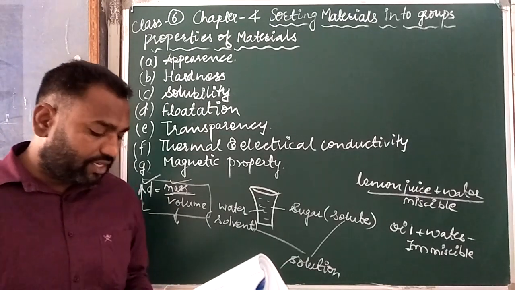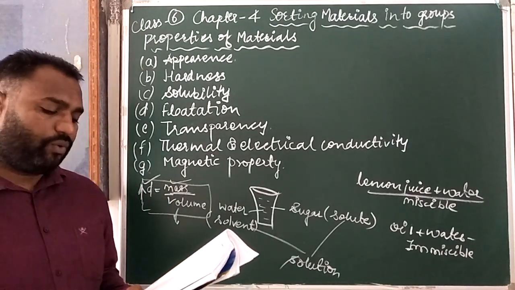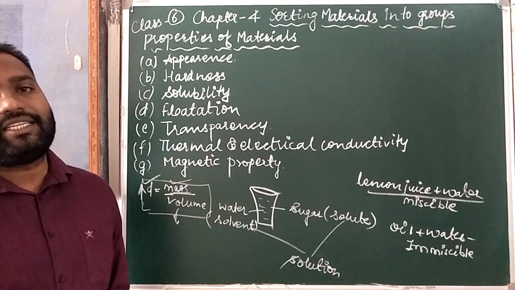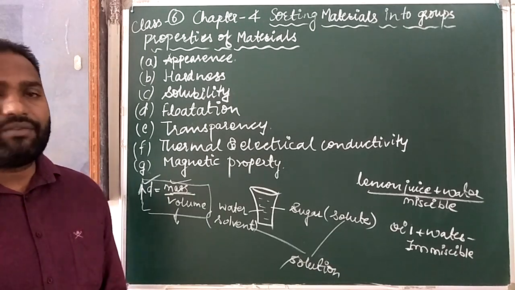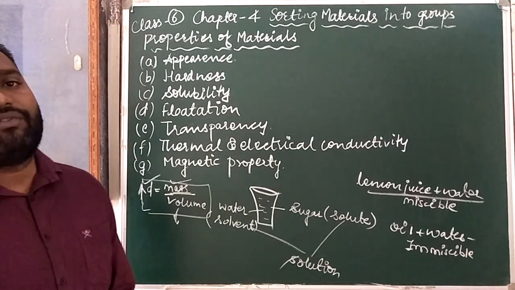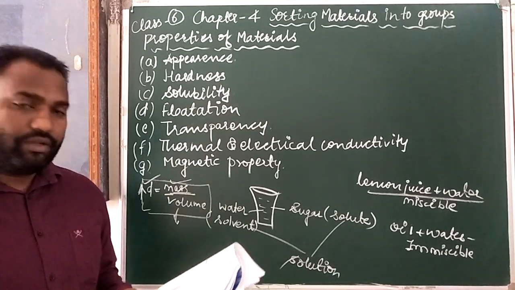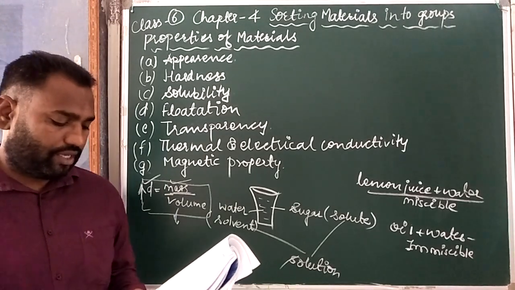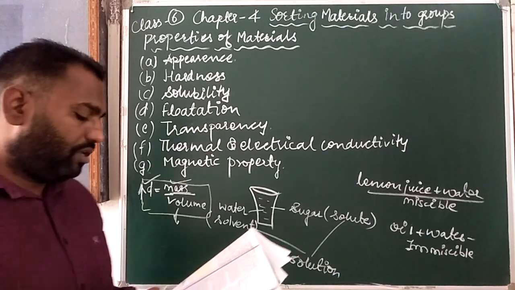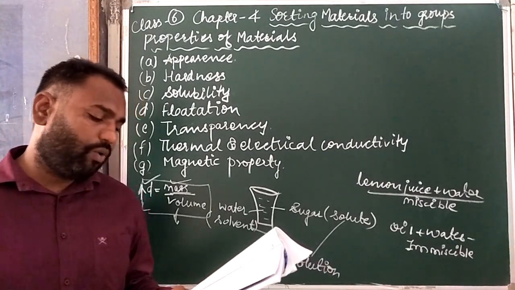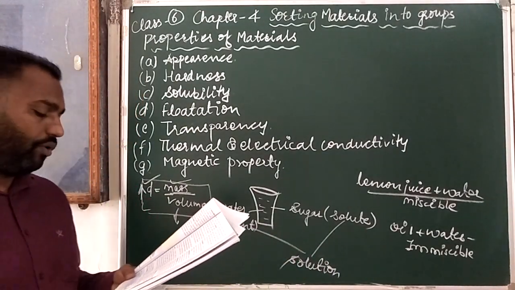When the density of a material is less than 1, it will float in water. It means if the density of any substance is less than 1 gram per centimeter cube, it will float, and if the density is more, it will sink in water. Materials with a greater density than 1 will sink in water. So can you now answer why objects sink or float in water?